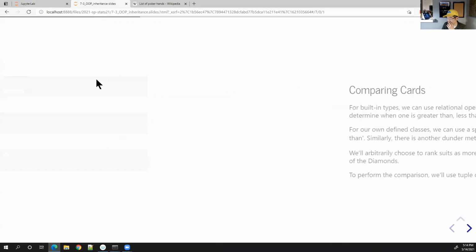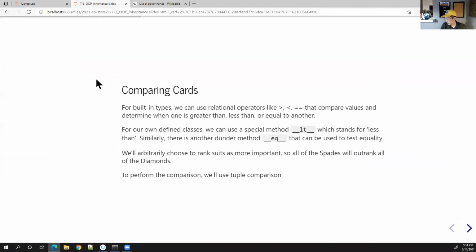Okay, so this is good. All right, and so there is a special method, dunder LT, for less than. There's also another dunder method, dunder EQ, for equality. Okay, and what this will do is it allows us to